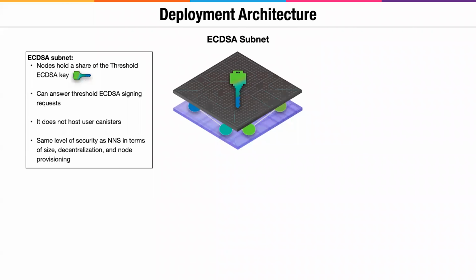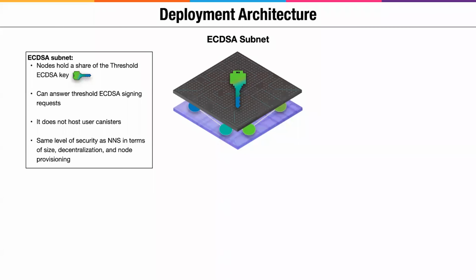And overall, we want to have a similar level of security as on the NNS subnet. So it means a large subnet, 34 plus nodes, so 34 in the beginning, then growing as the NNS grows. Also similar in terms of decentralization, so selection of nodes from different node providers, geographic distribution and data centers, like for the NNS, and also the node provisioning being done in a similarly or more secure way